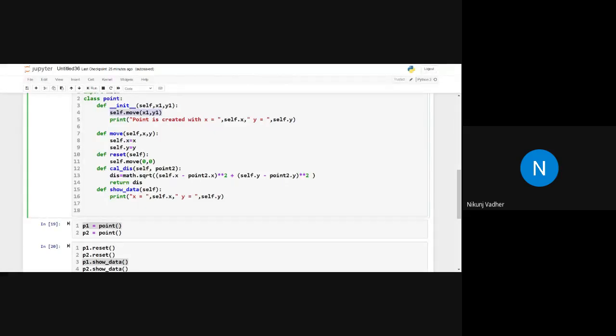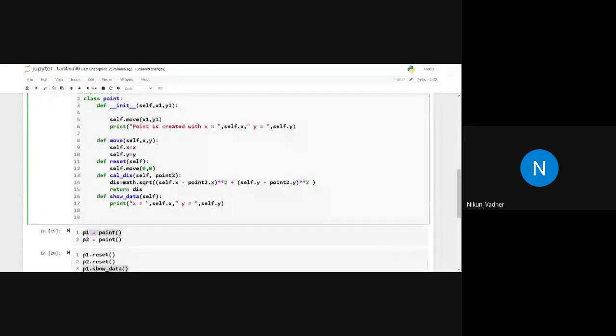Anyone from class? I think in the past we discussed how to specify a docstring. So triple quotes. Triple quotes.